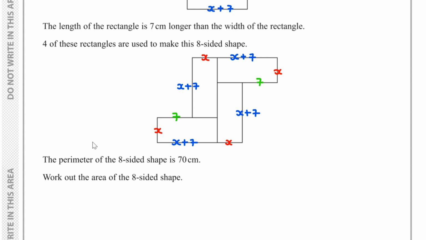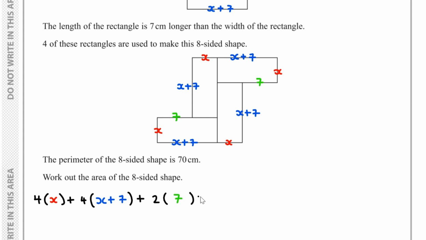Rather, here we've got 4 lots of x, and then we've got x plus 7 4 times, so we've got 4 lots of x plus 7, and then we've got 7 twice, so we've got 2 lots of 7,